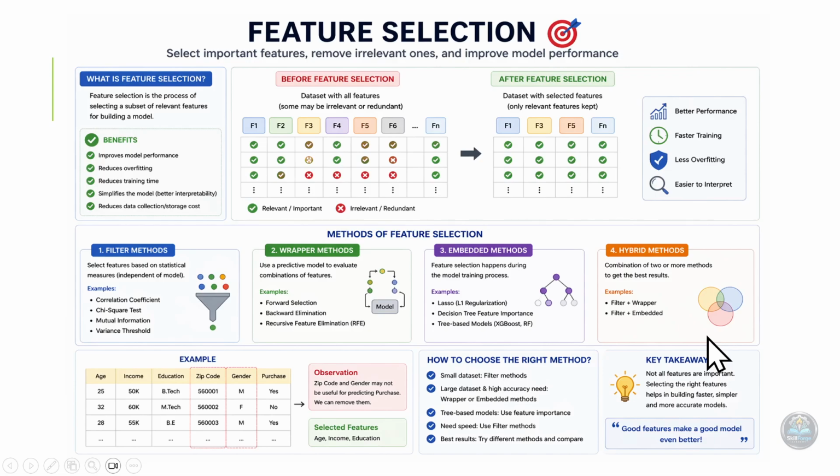Okay, if you have more features, it doesn't mean the model is good. Feature selection is like picking only useful ingredients for a recipe. Like you're cooking and you want to cook a very delicious food, it doesn't mean you will mix all the things. Okay, you have to be very selective and precise in what ingredients you want to add in your food. So good features lead to better, faster and more reliable model.